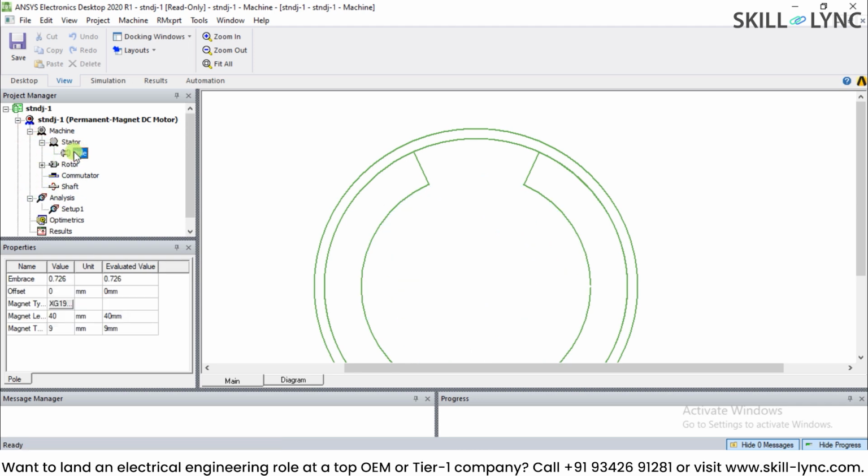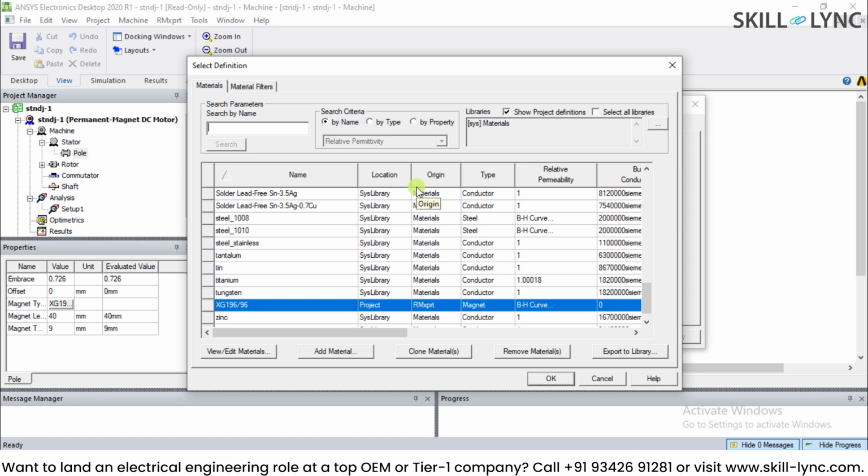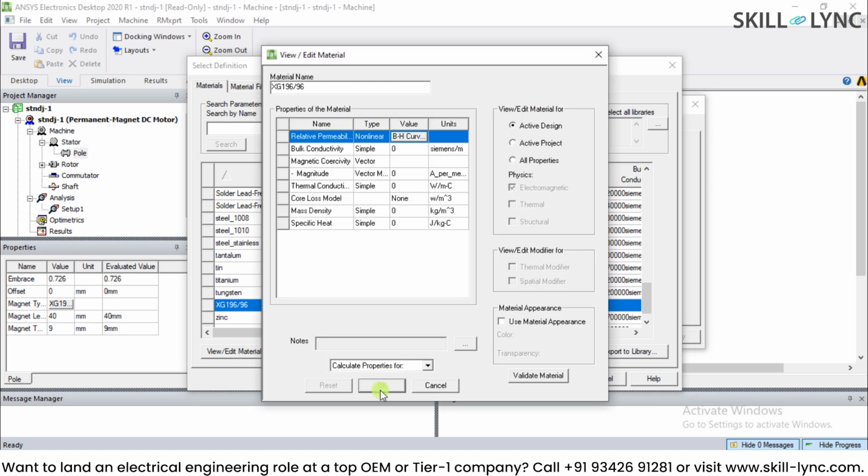So if you click on the pole, basically the magnet type or the material of the magnet is defined over here. If I click over here on the magnet type, I can actually understand what is the magnetic material I'm going to use for my motor. So if I click over here and basically see this XG196/96 is a RM Expert origin magnetic material, and I can basically go to view and edit material over here,